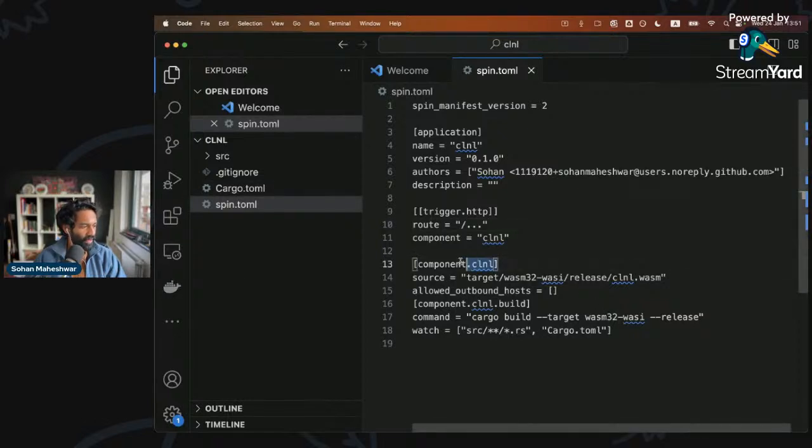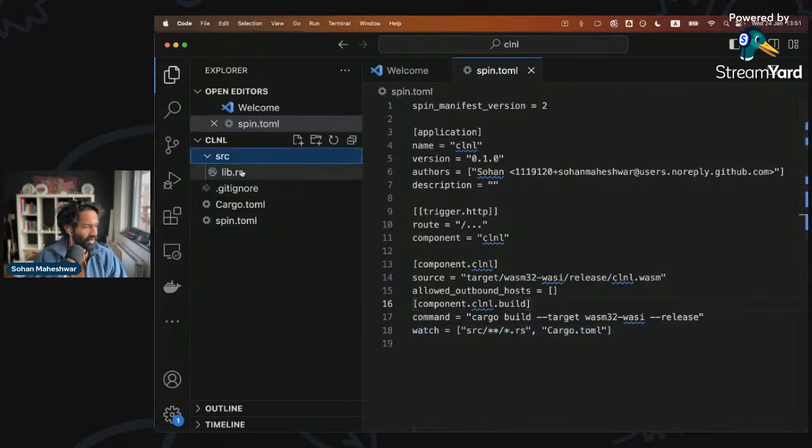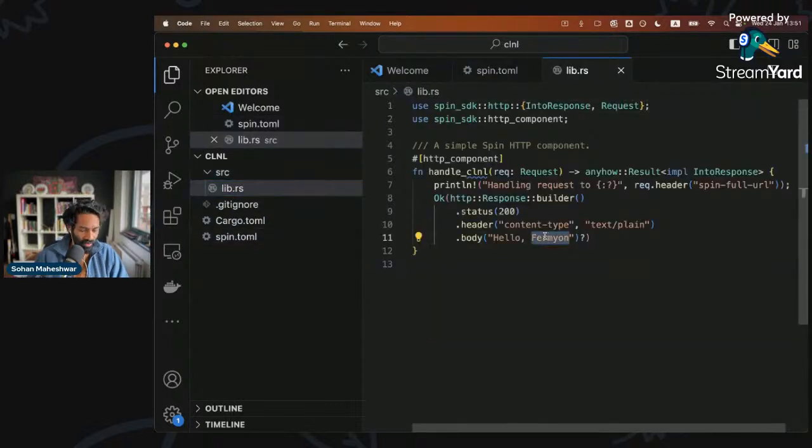And we are defining the things about the component itself. So when I compile my code, remember we said it compiles to a Wasm file, which is a bytecode format way of representing it. We can take a look at that file in a bit. You don't need to know about this stuff for now. So let's take a look at the source code. This is simple Rust. Instead of saying hello, we'll just say hello lunch and learn, right? That's it. Ooh, I don't like typos, even in my demos.